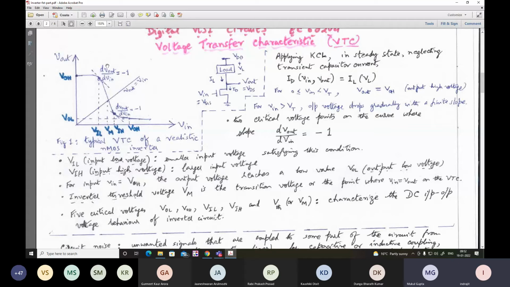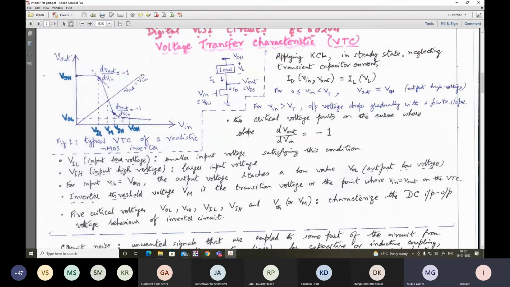Correspondingly, if for most of the applications the range of input voltage is found to be towards the lower side most of the time, then the switching threshold voltage should be made lower, so that with a slight departure, the moment the input voltage goes past VM, one can detect the change, and accordingly the inverter output can show the result of the processing. But if 50% of the time the input voltage stays on the lower side, and the other 50% it stays on the higher side, then one can take an ideal value of VM.